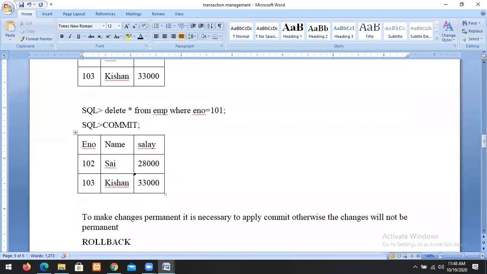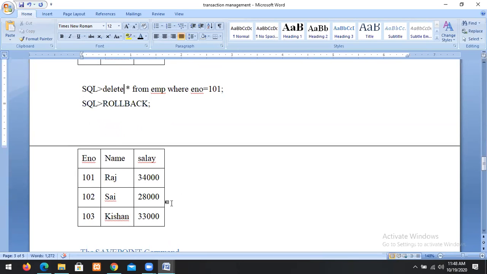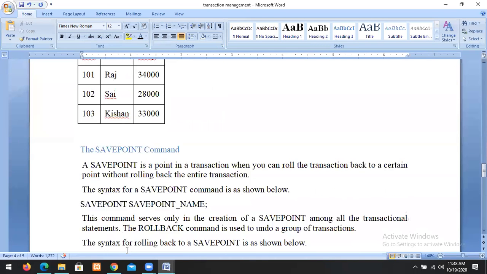Once I apply the rollback command, whatever data I deleted will be recovered because it was not saved. So to undo the operations performed by the transaction, we use the rollback command.